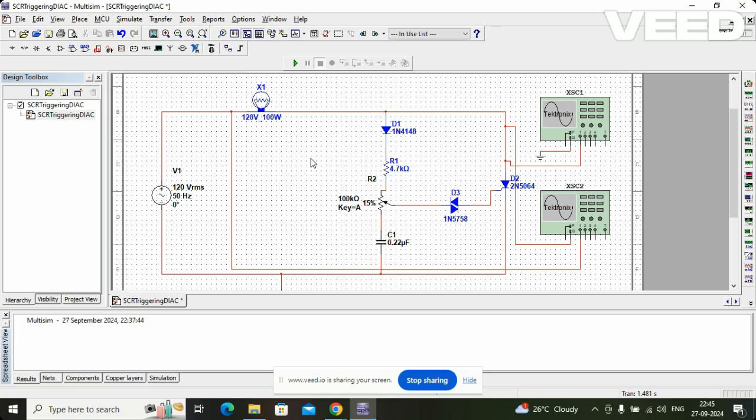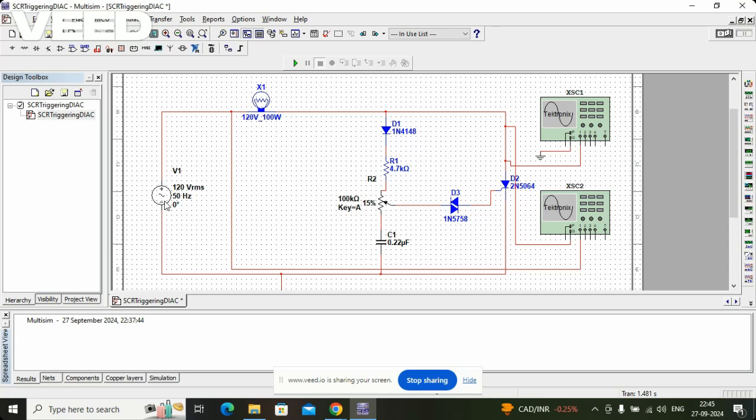Now, what is the basic limitation of R and RC firing circuit? The R and RC firing circuit are basically dependent on temperature. The R has a positive temperature coefficient, and the firing angle range of R and RC firing circuit is limited. So instead of that, we are using a DIAC based circuit where most of the circuit components are the same,